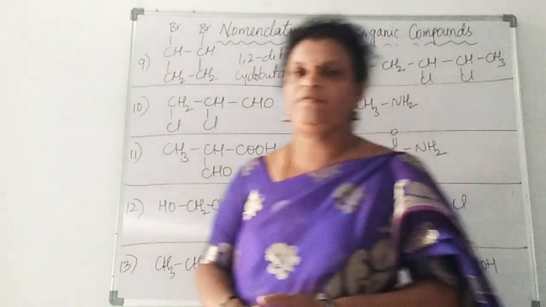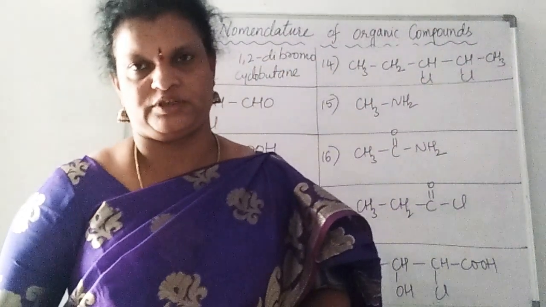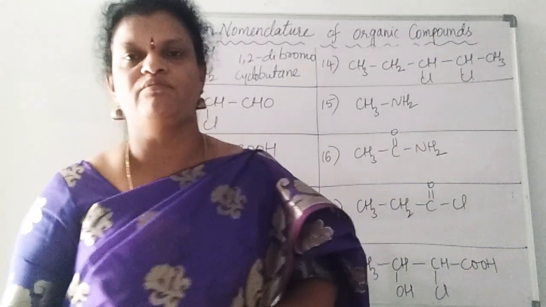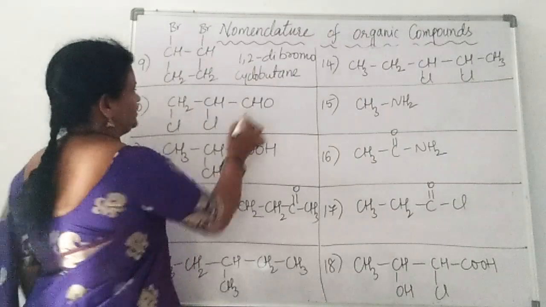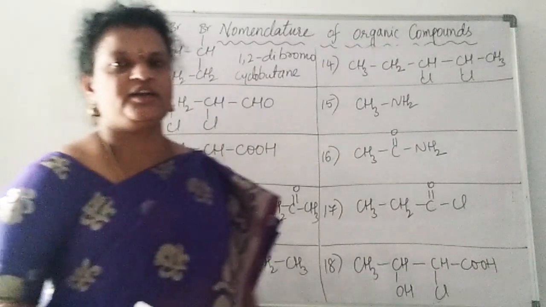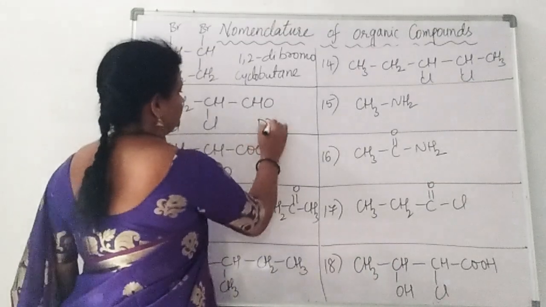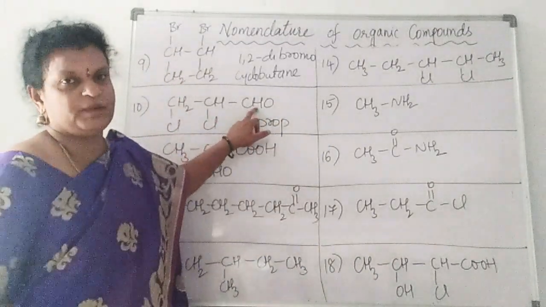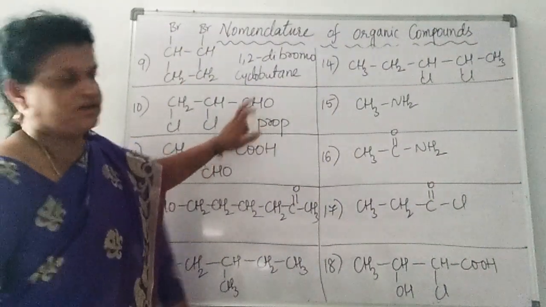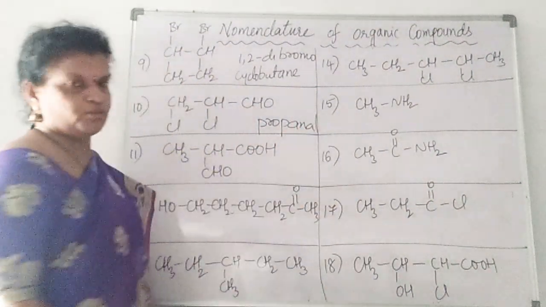Next one, if you see, here we have 2 types of functional groups. One is identified as a substituent and the other one is written as a secondary suffix. So only one will be given more priority. Here we have 3 carbons, so we'll write the root word as prop. Then we have to see what the main functional group is, that is aldehyde. So propanal, carbon to carbon everywhere single bonds only, propanal.